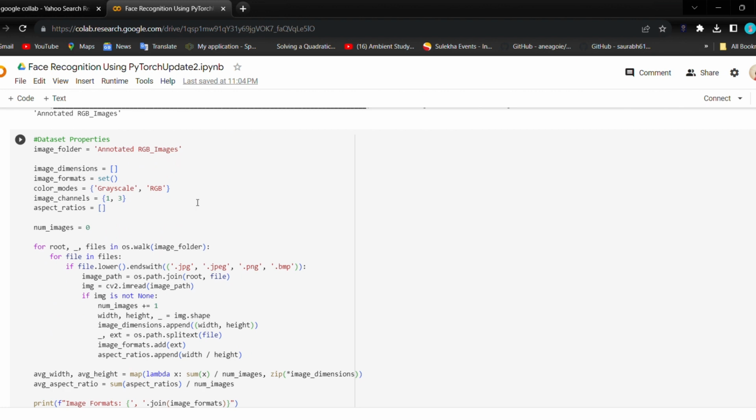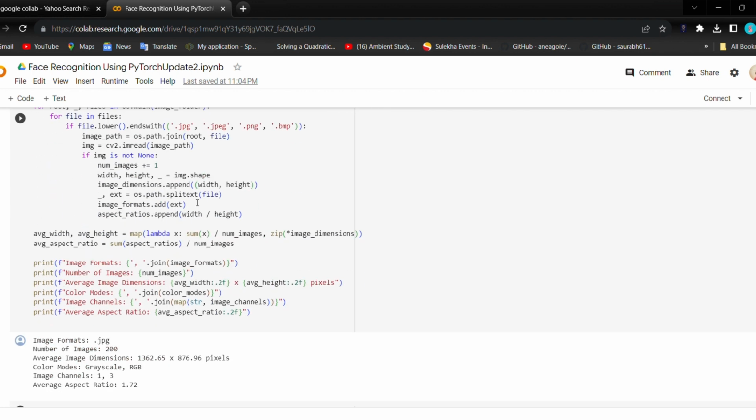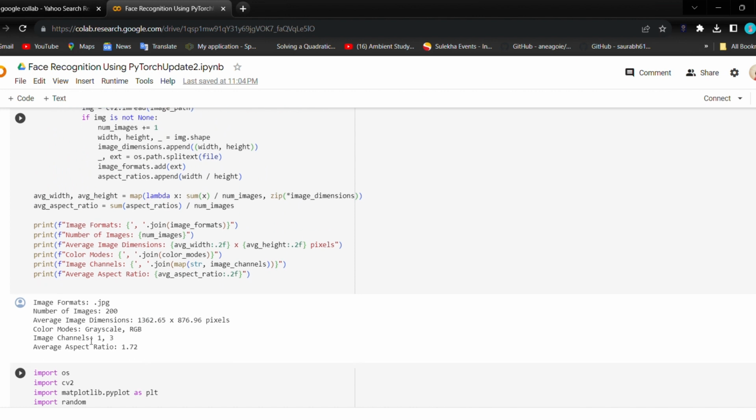It also provides a quick summary of essential statistics about the dataset, facilitating a better understanding of its characteristics like image formats, number of images, average image dimensions, color modes, image channels, and average aspect ratios.